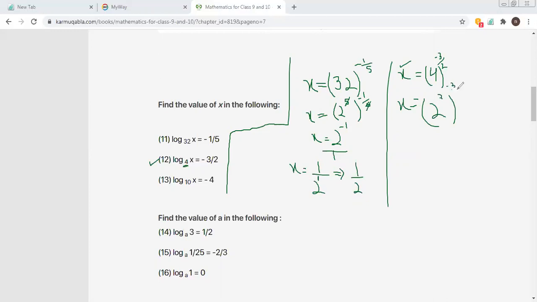So 2 cancels 2. Now we have x is equal to 2 power minus 3. Make the power positive, take the reciprocal, it becomes 1 upon